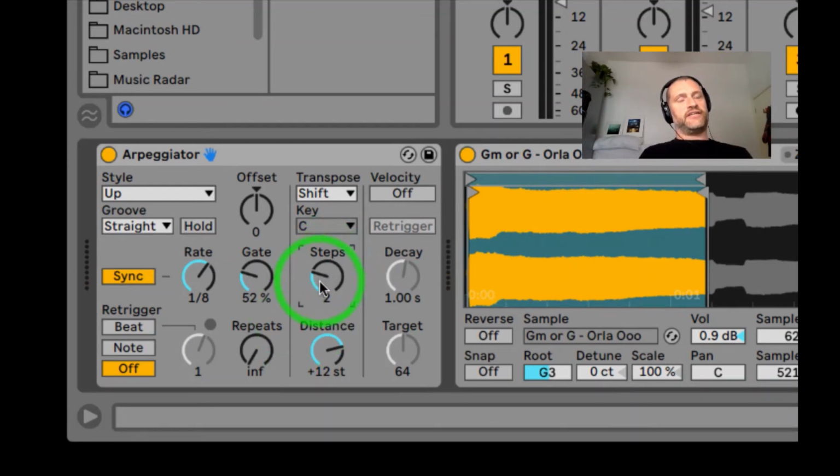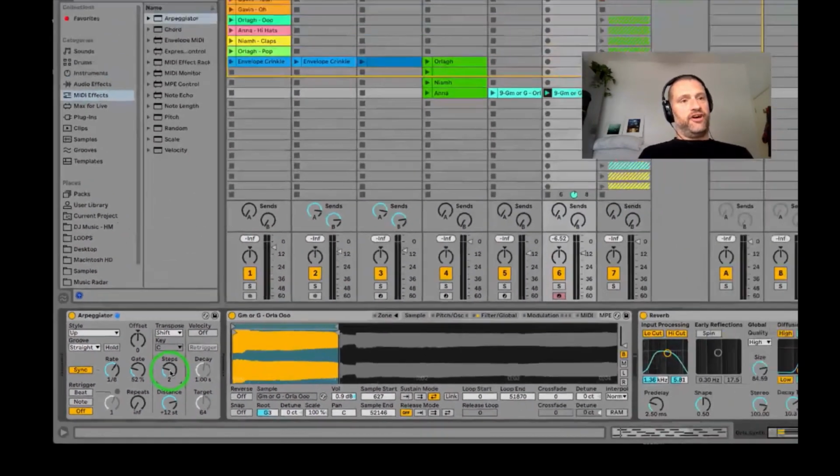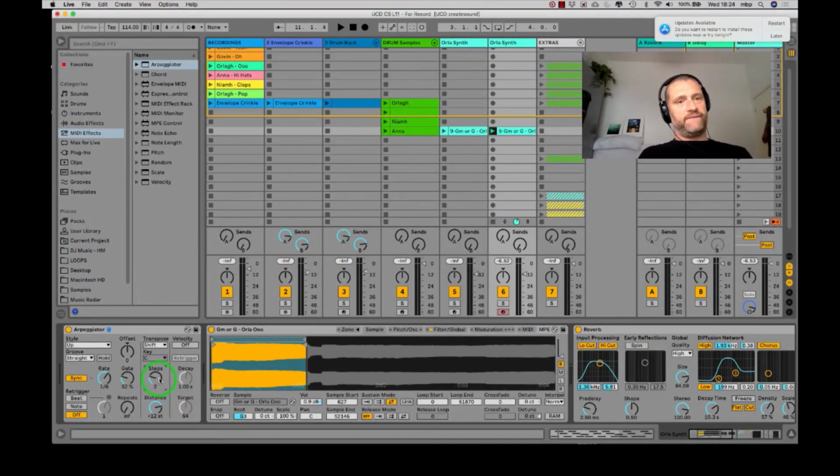That's basically repeating notes for me up and down the scale, and keeping it in key because I chose 12 semitones, which is an octave. So hopefully, that'll give us another layer.